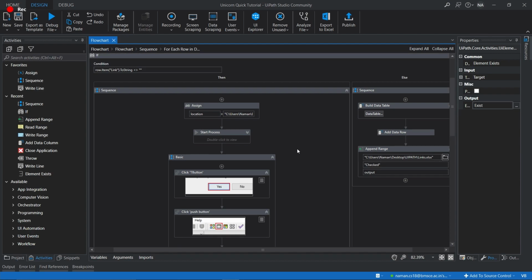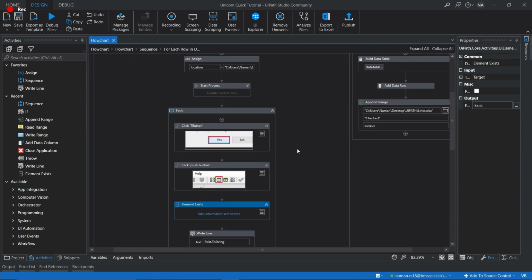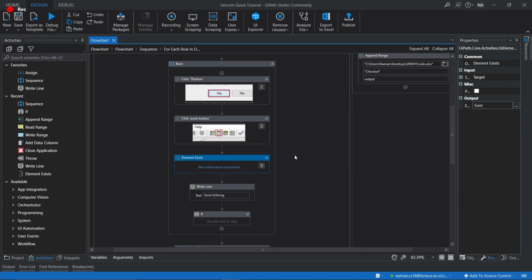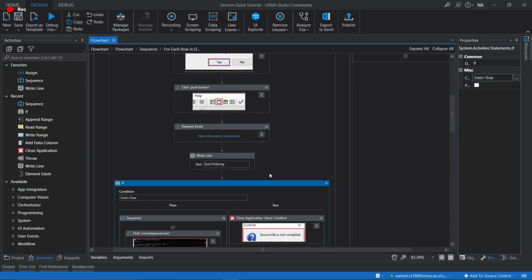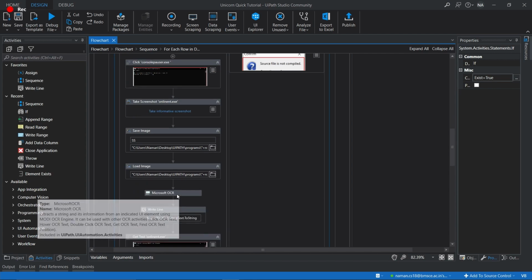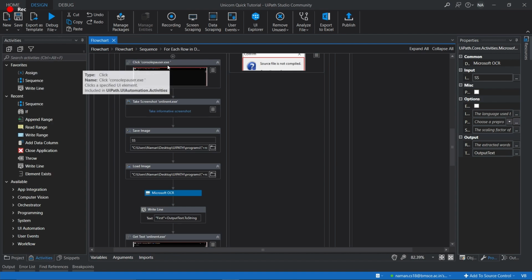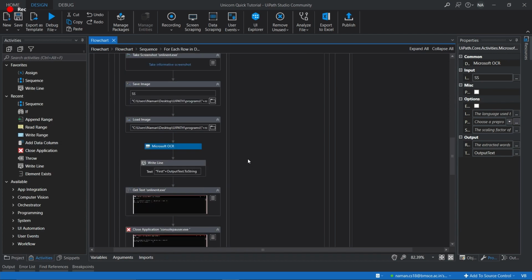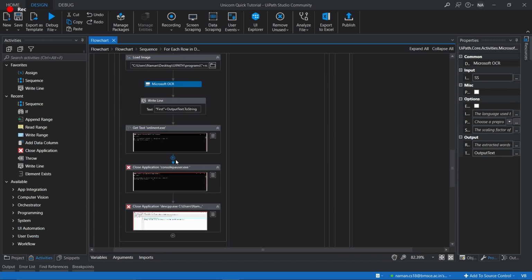As you saw, if exists is true, we first take the screenshot, and then we use the Microsoft OCR to analyze the screenshot and get all the text.